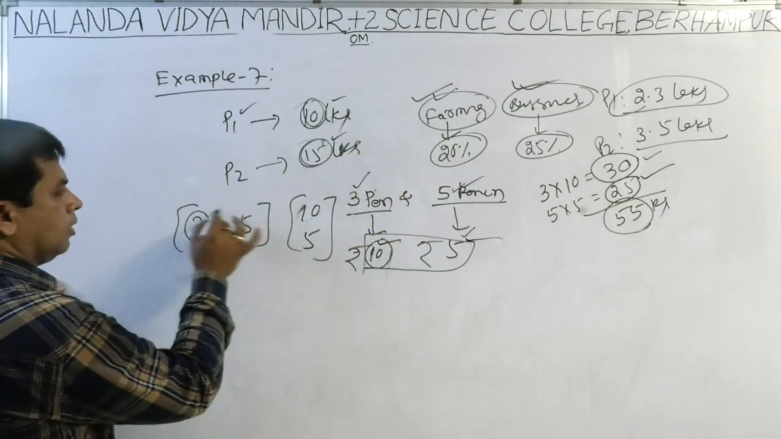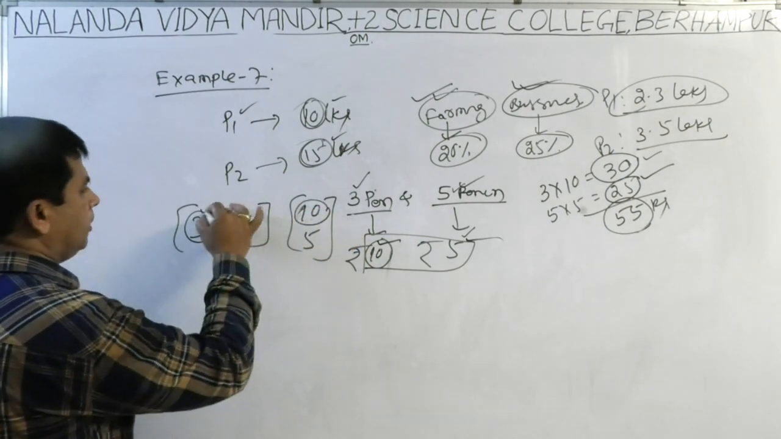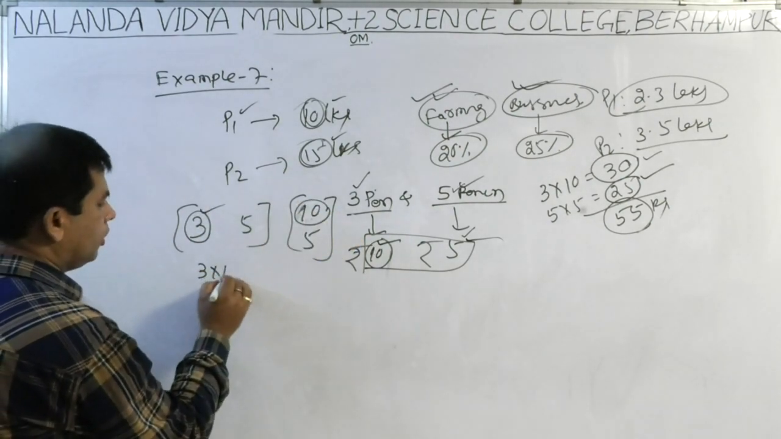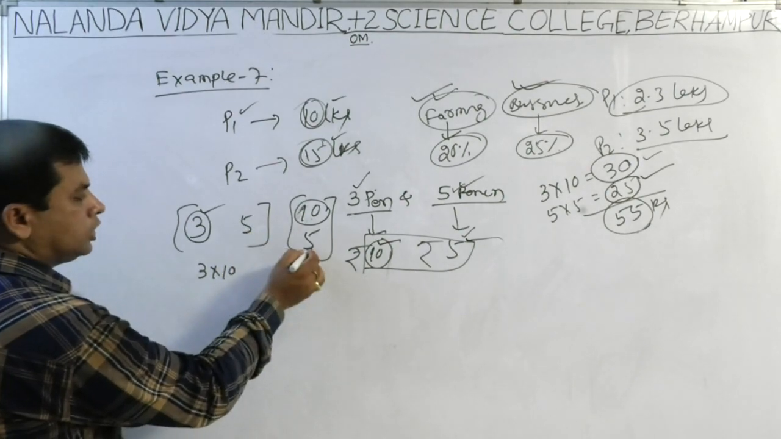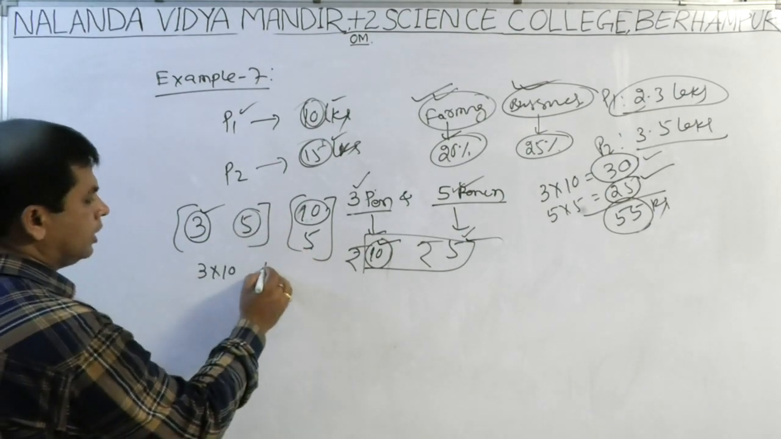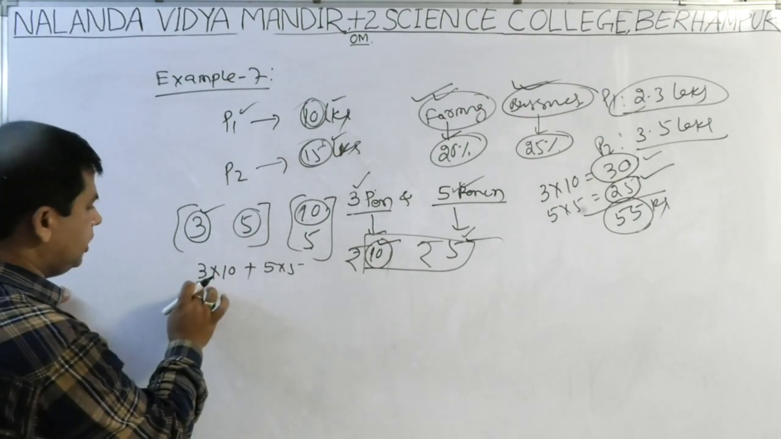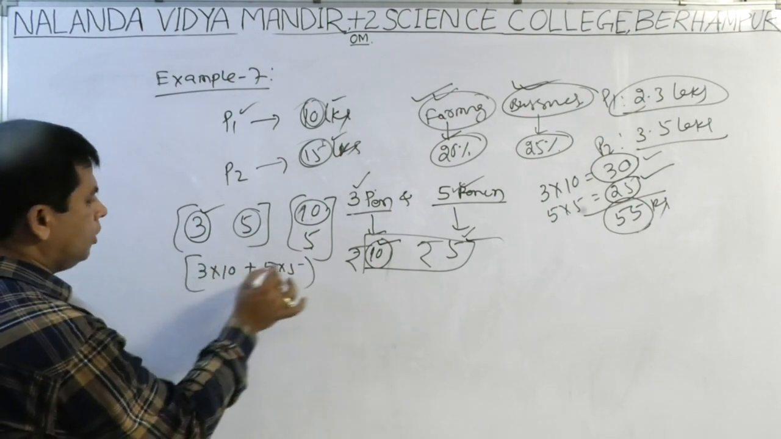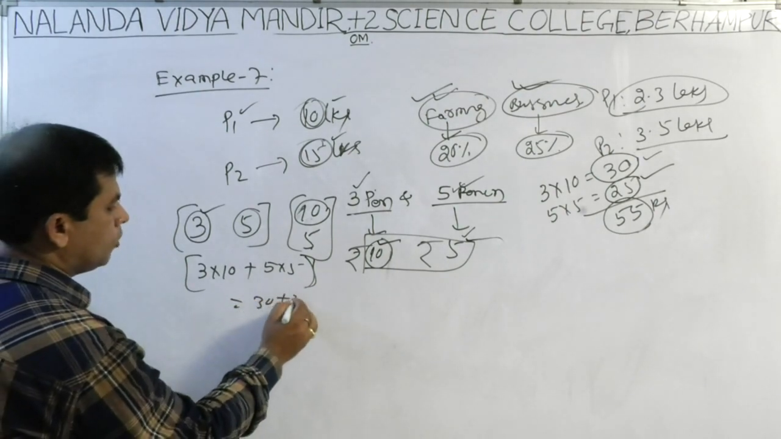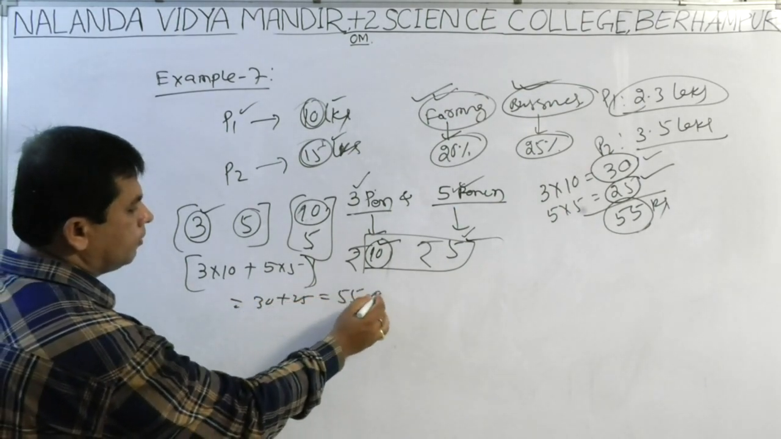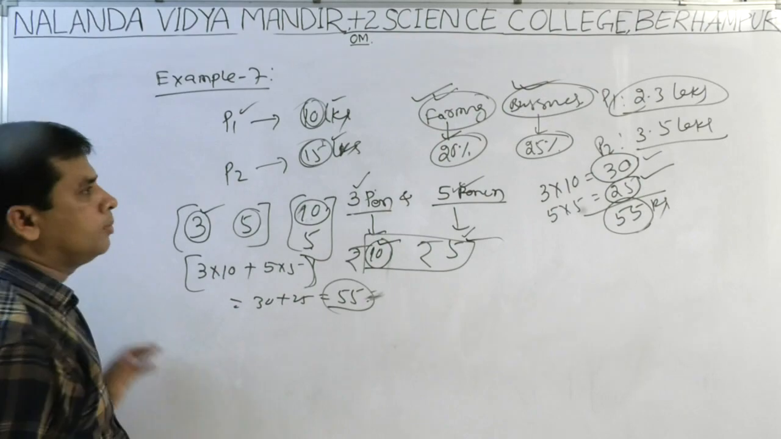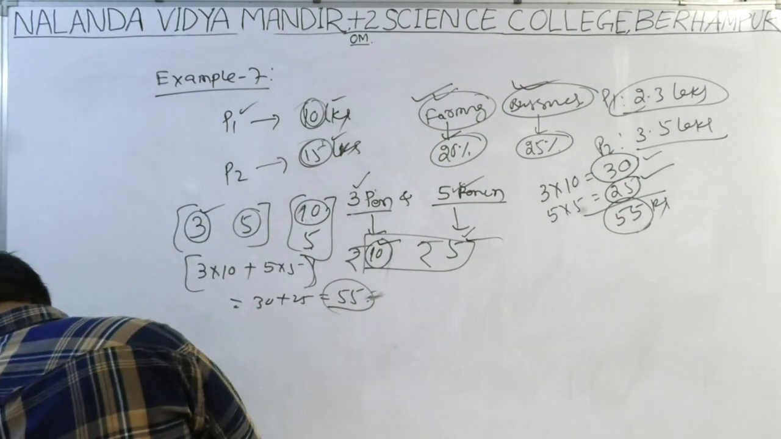3 pens, one pen costs 10 rupees, so 3 pens cost 3 into 10. One pencil costs 5 rupees, so 5 pencils cost 5 into 5. Therefore the total is 3 into 10 plus 5 into 5, that is equal to 30 plus 25, that is equal to 55 rupees. Okay. Similarly, in this example,